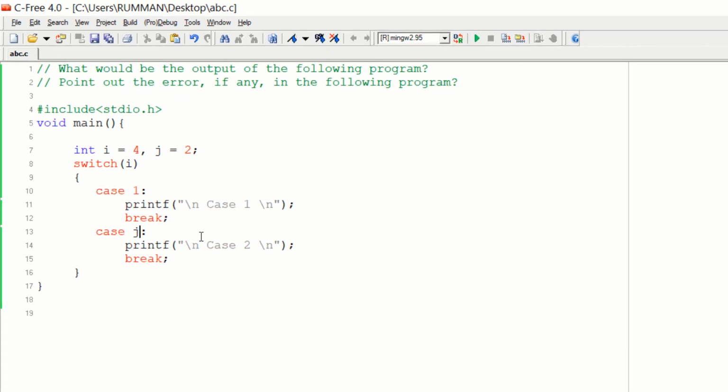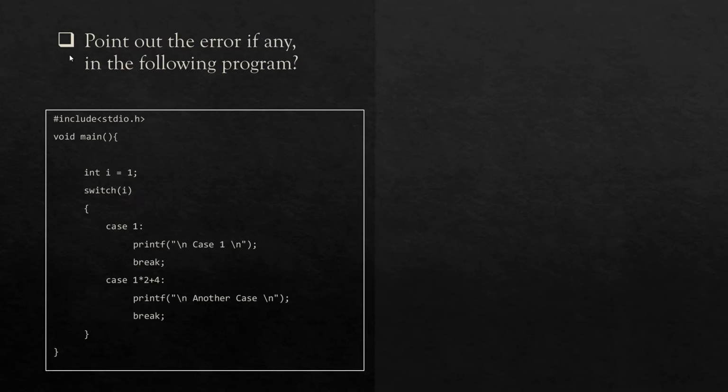So we have to put an integer value here. This is our second question: point out the error, if any, in the following program. Like the previous example, we also have a switch case, and in case 1 we have a printf statement then break, but in the next case we have an expression inside the case statement, 1 * 2 + 4. Is it possible to give this kind of expression in a switch statement?